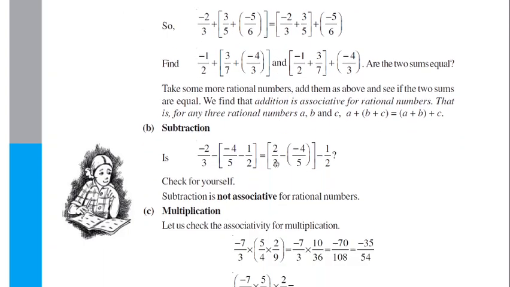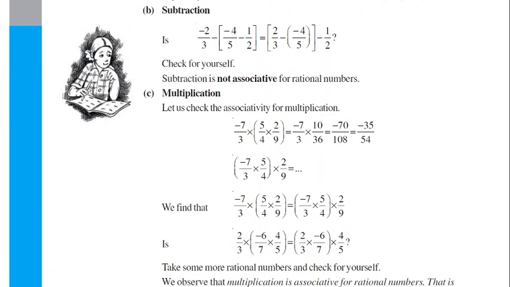Okay. Now subtraction is not associative. You can calculate it yourself, so you can get the original idea about what type of property associative is. You have been given 3 operands. You have to calculate either these two or these two, then the whole calculation, and then compare. If you get different answers, then it is not associative.